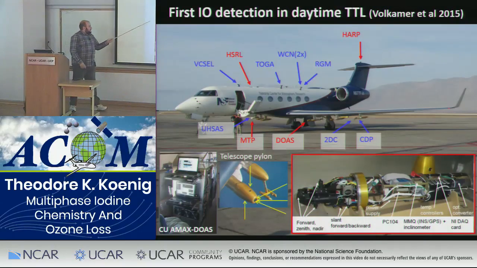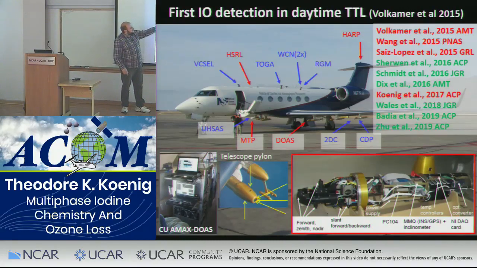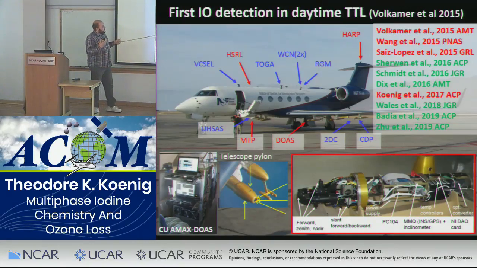So this is from the Terreiro campaign. We had quite a suite of instruments. I won't spend too long here, except to highlight that out of this Terreiro and CONTRAST work, we've published these papers on halogens, with the green ones roughly in the troposphere and the red ones in the stratosphere. How do we do that? We use the telescope here, and I'm not going to dwell very long on the technical aspect, but we measure a slant column of photons that we collect primarily in a limb geometry, and then we can constrain the aerosol in order to understand how long our path length is, and what the concentrations of IO and BrO we are measuring are.